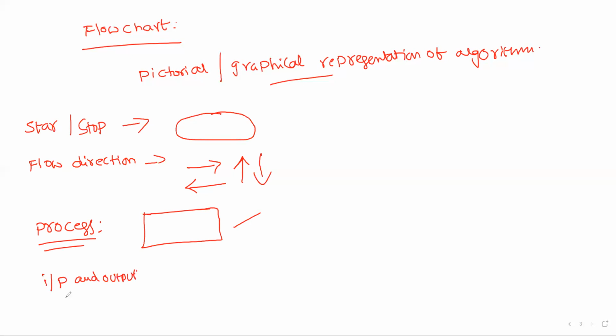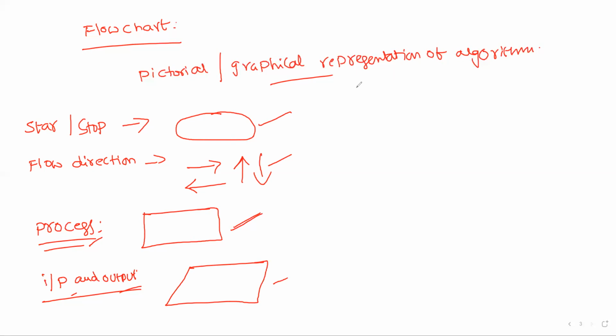The program consists of starting and stopping; we provide some input and it produces some output. In between input and output, we have to perform some process, that is, some operation. For input and output, we use a parallelogram. This is input and output, this is process, and this is the direction of flow from one step to another. These are start and stop.